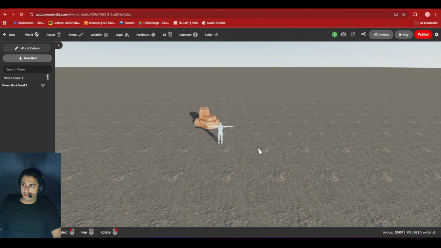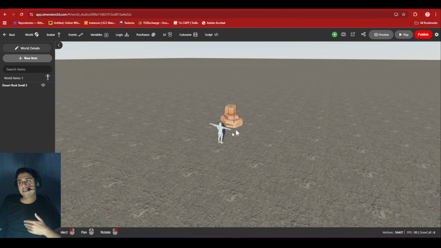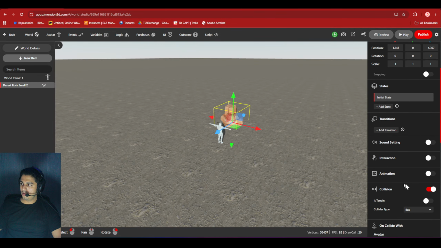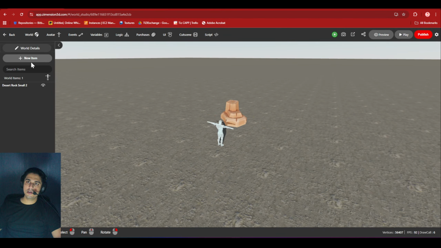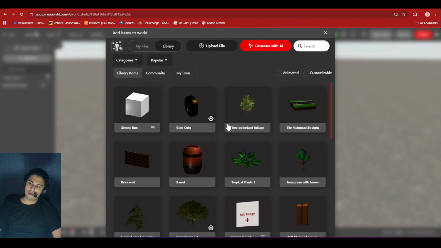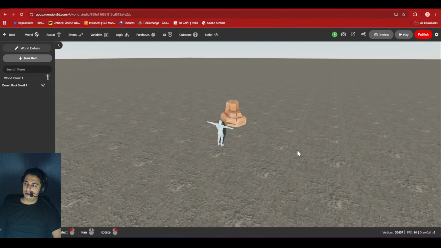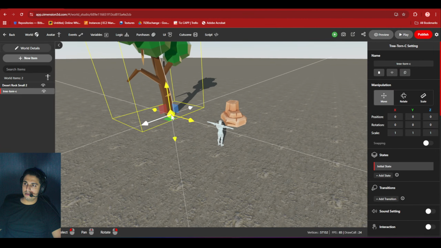So if you have imported any terrain of yours, just make sure you put it in object mode so that the collision is proper. Same goes with trees as well, right? This can give a lot of trouble to a lot of users. For example, let me add this low poly tree over here. Okay, so you can see the bounding box is huge, but the collision part is just the stem.